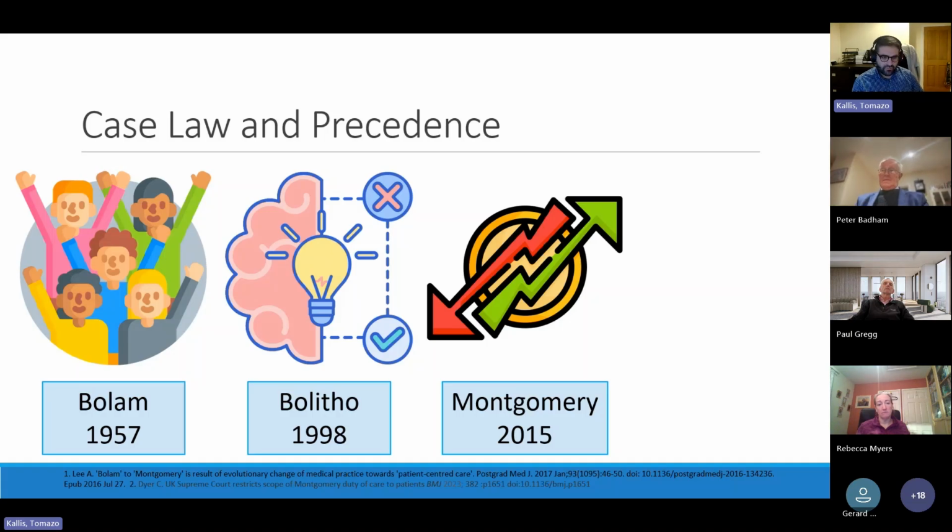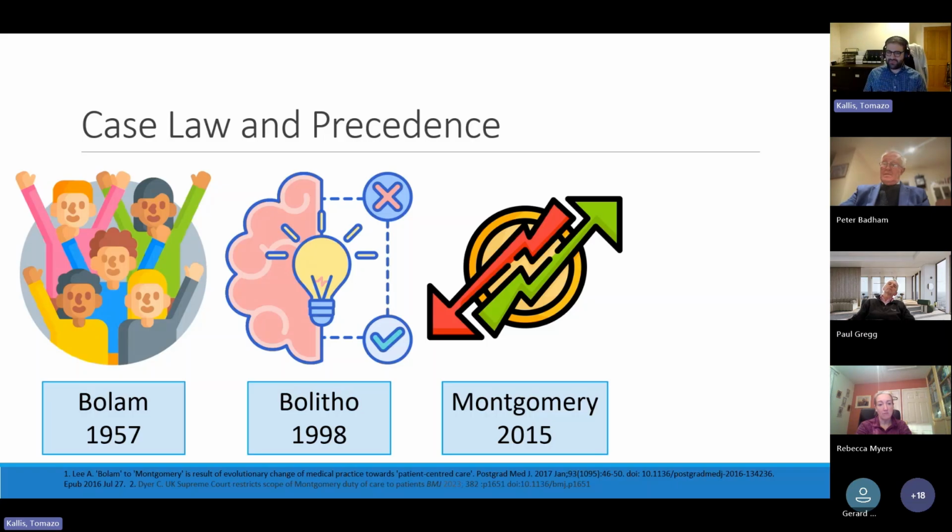This piece of case law was really important because essentially it said to all healthcare providers, when there are options available to patients, you need to tell them what the options are and the relative risks and benefits of those options. We can see now how this factors into our note taking, because we need to be thinking about, have I given the patient all the options available to them, and have I told them the risks and benefits of those